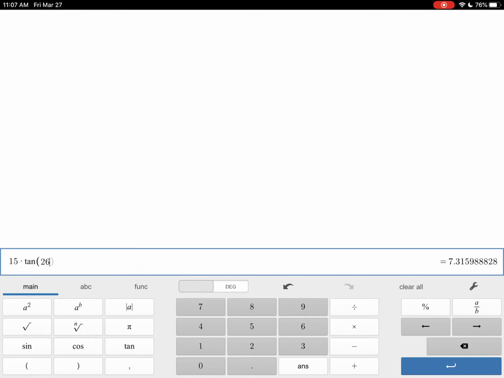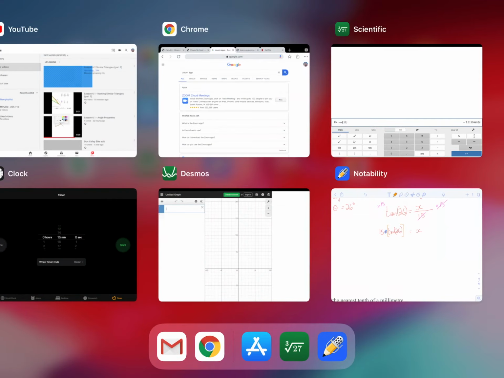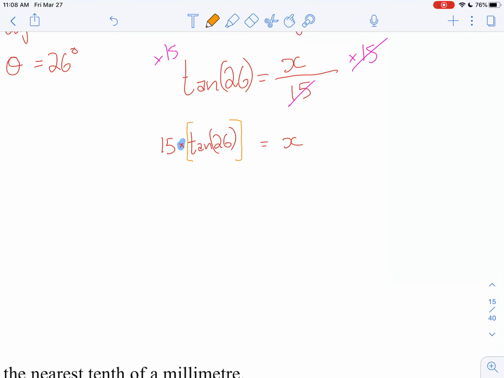I'm going to round to 2 decimal places here, so I'm going to say 7.32. Make sure your calculator can get the same thing. Pause this video and make sure your scientific calculator is in degrees and that you get the same answer as me there. So we get this whole answer being